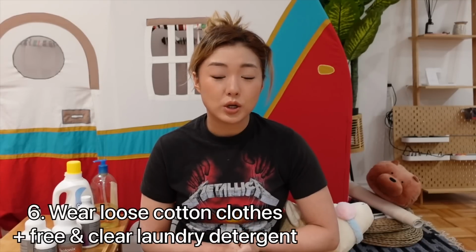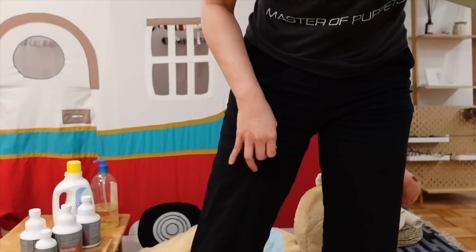My next advice is to wear loose cotton clothes. So especially when I was at the peak, my skin couldn't stand anything besides loose cotton clothes, and I'm still, to this date, wearing cotton t-shirts and this type of loose cotton pants. I'm also using 100% cotton bed sheets. It allows your skin to breathe, because if you're wearing tight polyester clothes, your skin is gonna sweat and get